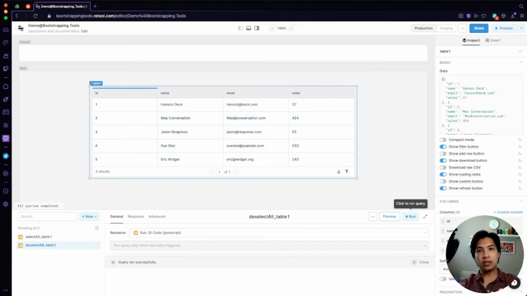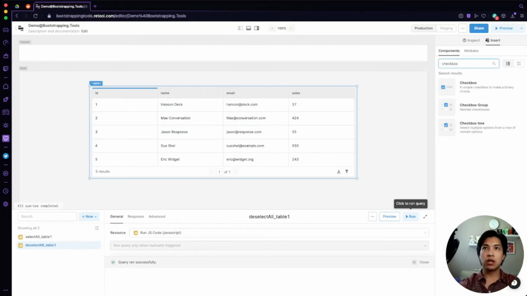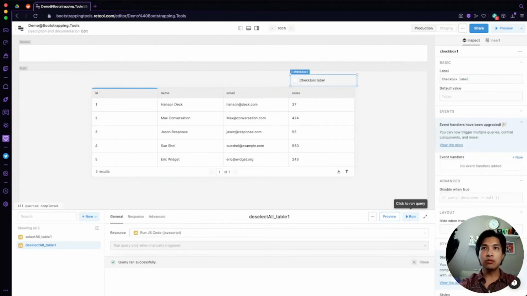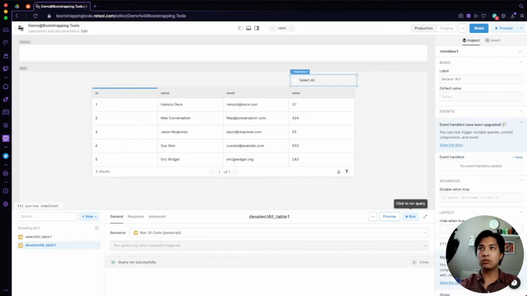Now that we have this set up, what we want to do is have a way that we can actually toggle that through the interface. So checkboxes are great, it's pretty intuitive. So we can go ahead and just take a checkbox and drop it in on the top here. And then let's rename the label to select all. Keep it super simple. All right. It doesn't have to be so large. You can actually bring it down, make it a little smaller, so people can check the box on or check